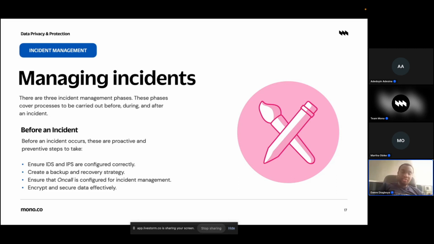And the way on call works is that it's usually by rotation, and you have systems that can do this for you. You have Grafana on call, which is an open source service that helps you to configure calendars and individuals that will be available at every point in time. Now, without on call, it means that an incident can occur and no one is there to attend to it. But when you have on call, it means that someone is just like a doctor on call. Same concept, we just borrowed from the doctor on call concept here.